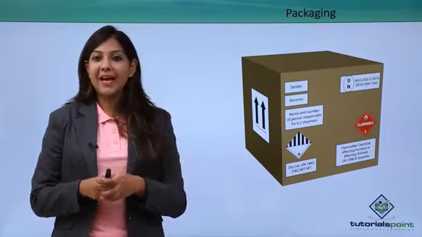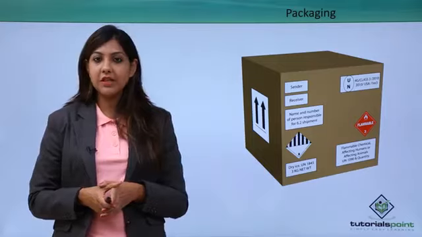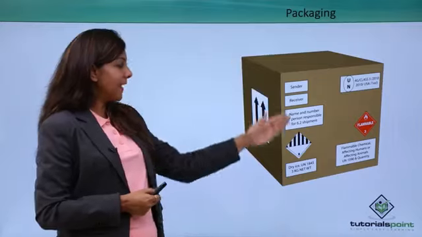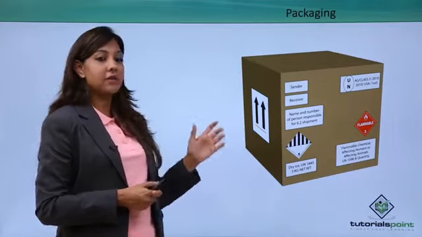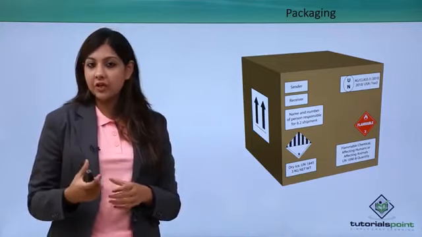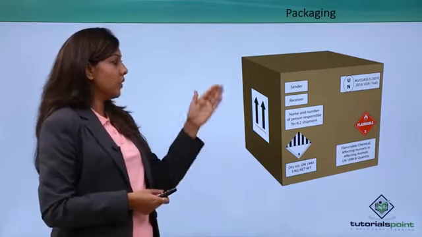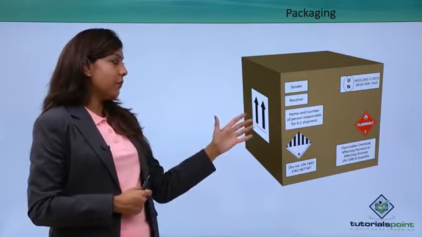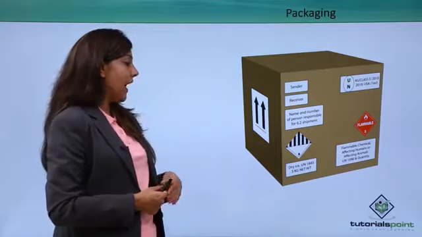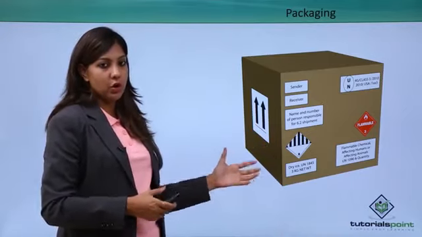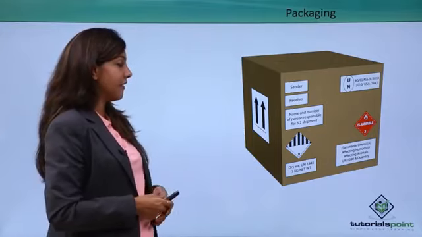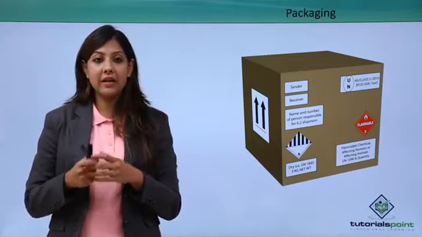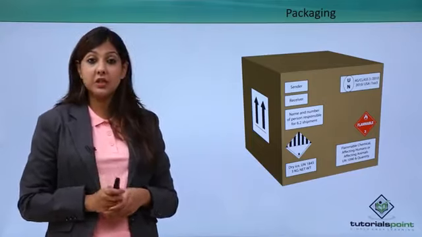Well friends, talking about packaging, this is again the shipper's or the airline operator's responsibility, to make sure that the dangerous good is packaged in such a manner that there is absolutely no leakage of the material which is being carried. So it has to have a sender and receiver marking, who is the sender, who is going to receive it, the name of the person responsible for the shipment, as well as the weight in kg of that particular material. These are packaging instructions which every shipper or airline operator needs to adhere to strictly.